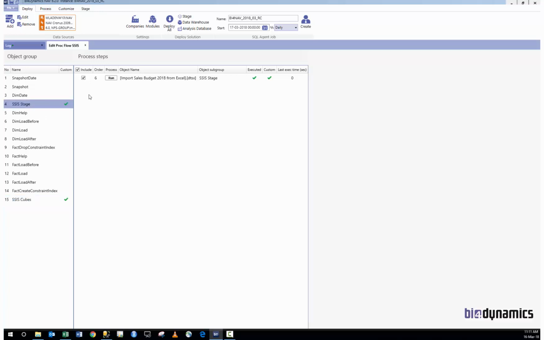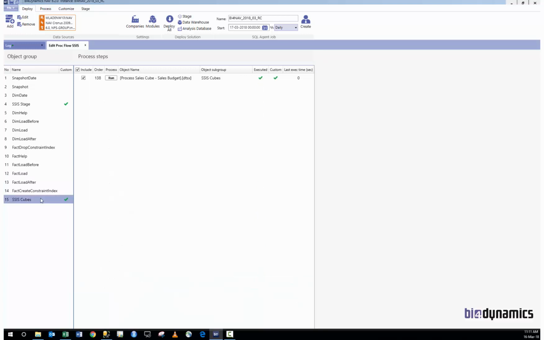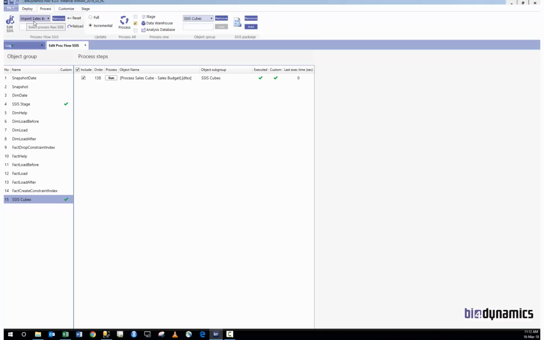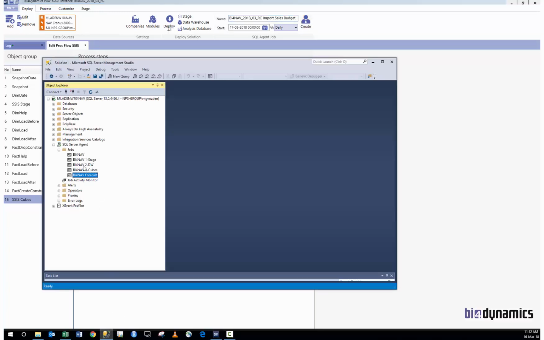Now let's wrap it up. We have one object here. This is an SSIS package. We are using two standard package stored procedures and one SSIS package that processes the cubes. Now everything is combined in this import sales budget process flow, and we execute it manually. But what we can do is also create a job agent, import sales budget, and it will create the parameters of the existing one,